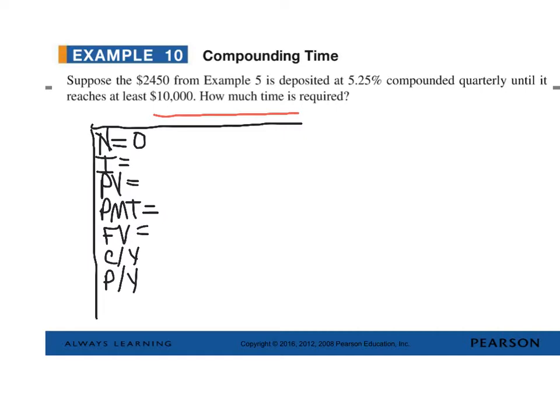What we're going to do is we'll enter the value for n, which is the number of compounding periods, as a 0, our interest rate, which is 5.25%,